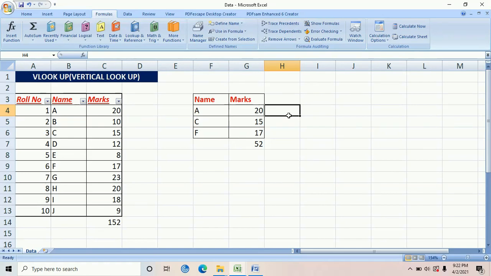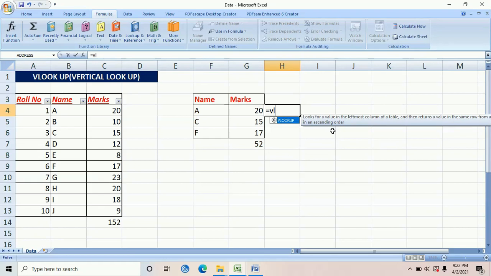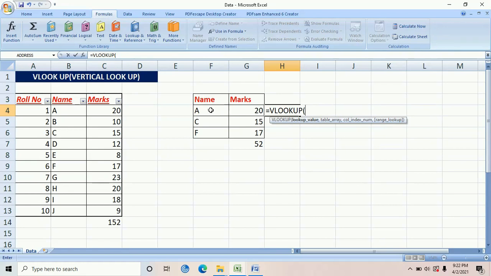Okay, so let me show you. So this is the table that you have already seen earlier also. I'll try to match this particular VLOOKUP formula and I'll cover it up over here. So let me start with this. It's VLOOKUP, right? As I said, the first is the lookup value. Suppose this is the lookup value, the name A, I need, and I need to look up its mark from this table, right? So I'll select A.